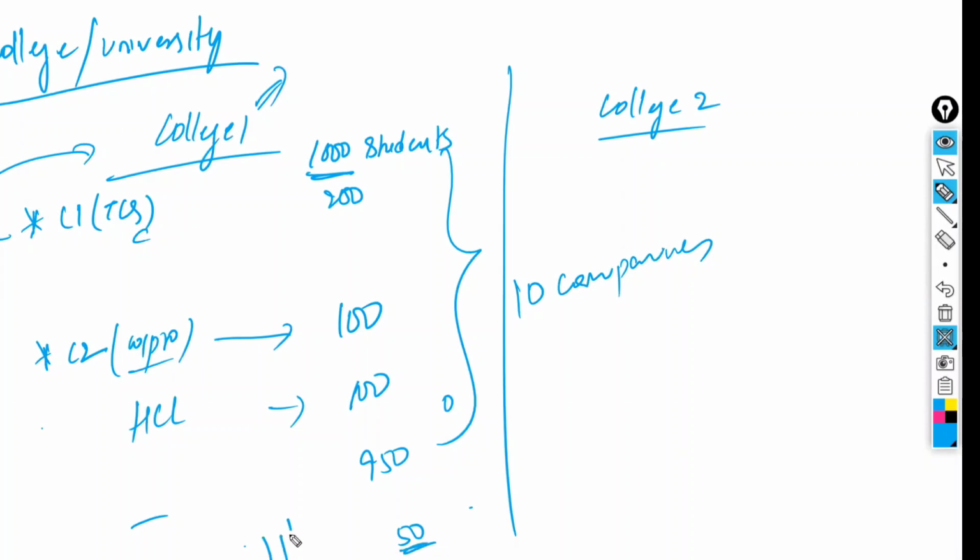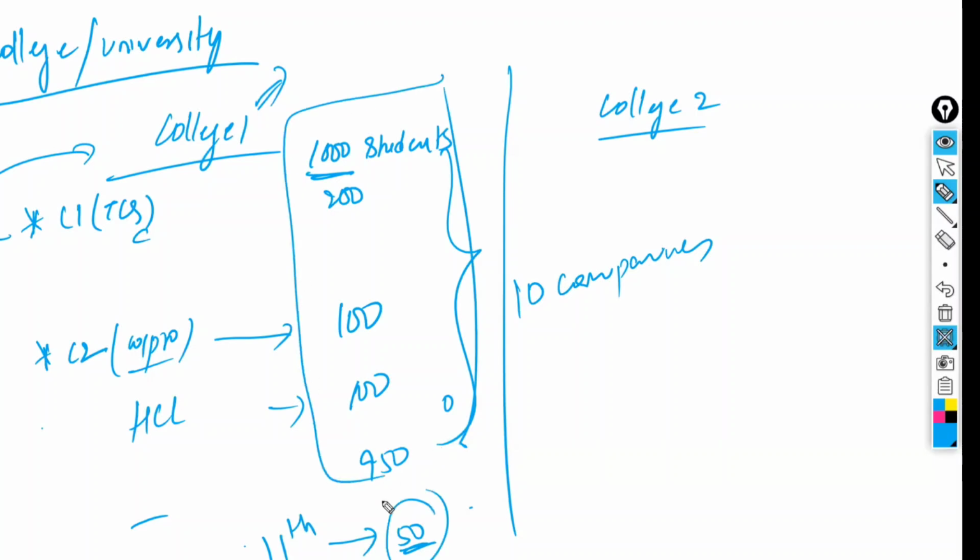Now the 11th company is coming, and you are sharing only these 50 students. What will this company think? All the important students having knowledge, you already shared with others. Now you are sharing with us only the scrap students, the balance. I have to select only from these 50, right? I can't select from these students. So this company will never visit the college once again.